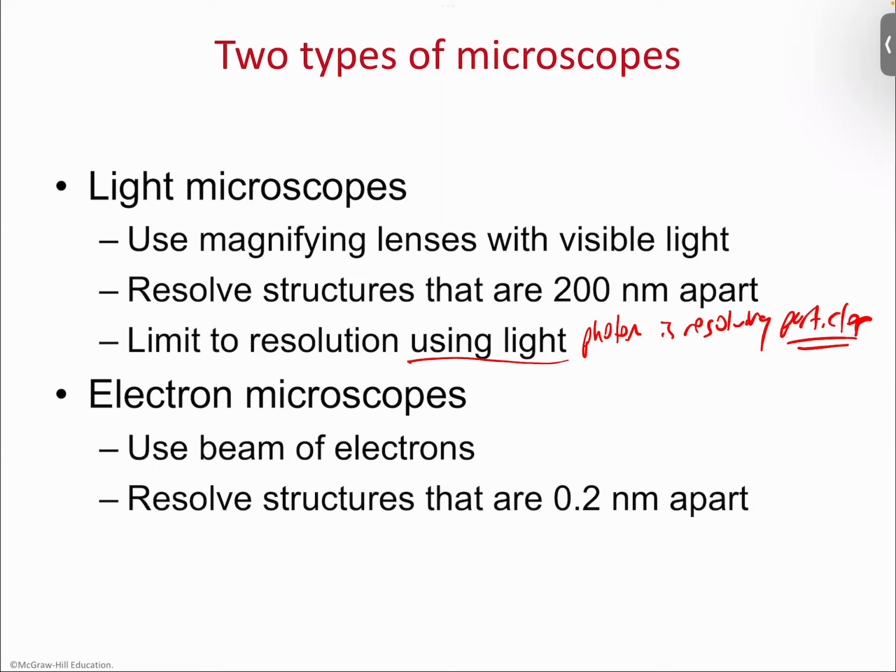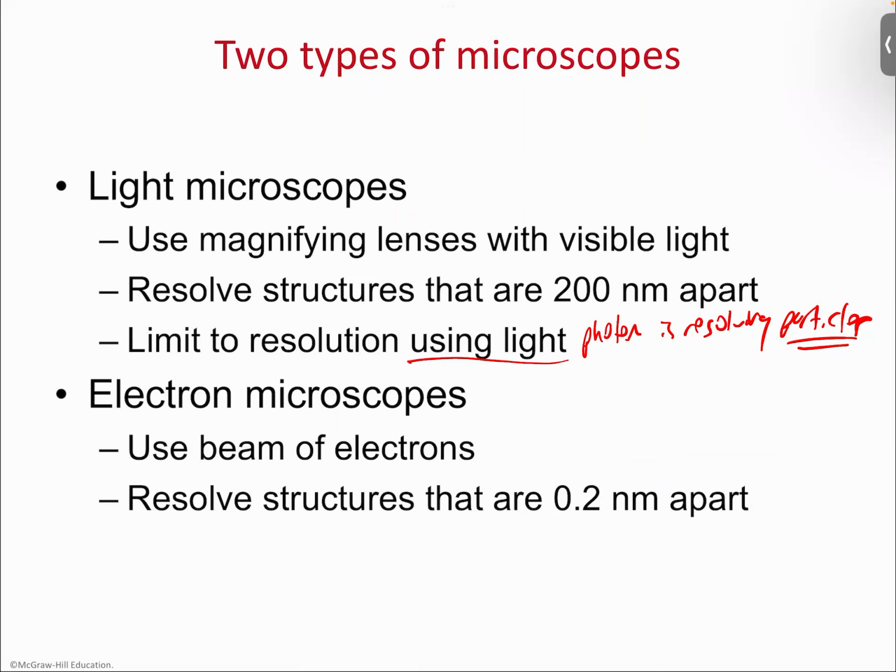And so what the light does, when it's scattered, is it has to reflect off of an object. So what we actually see is not an actual physical object. We're seeing the light that's reflected off of that object. Technically speaking, I'm not looking at you guys. I'm looking at the light that you're reflecting back to my eyes. And those are photons. The same thing's also true here. As long as my photon of light, which is my resolving particle, is smaller than my sample,